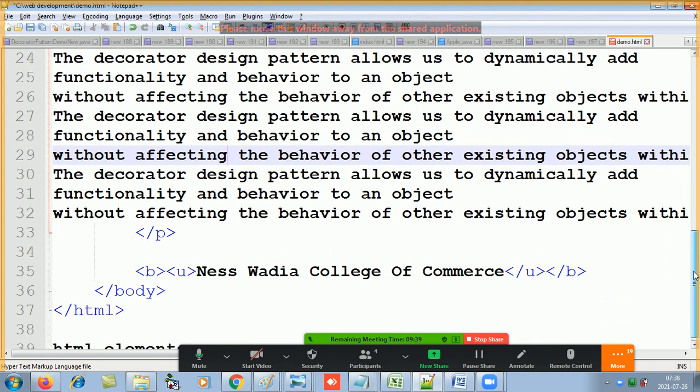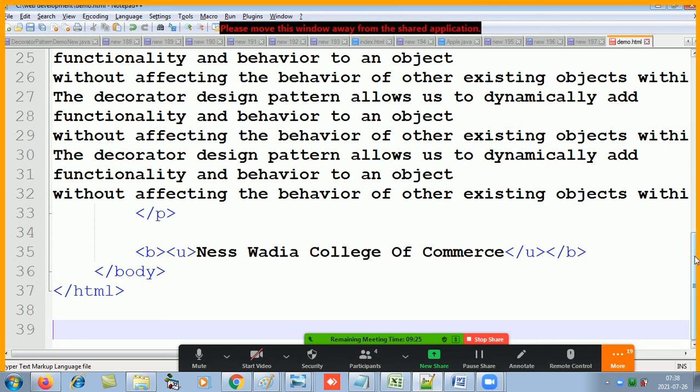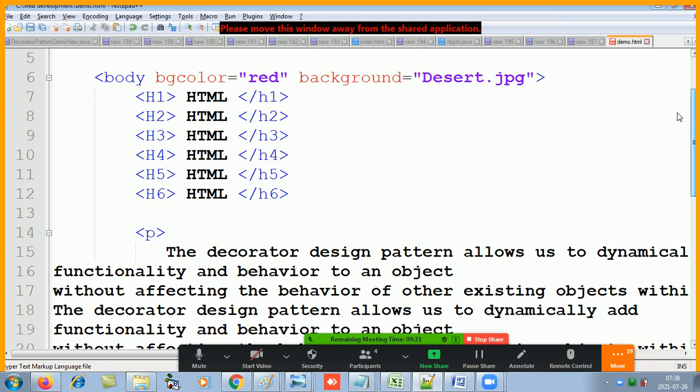So for example, if there is an element, how do we write the chemical formula of water? H2O. Where is the 2 written?